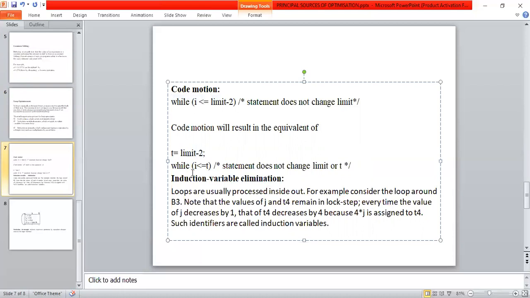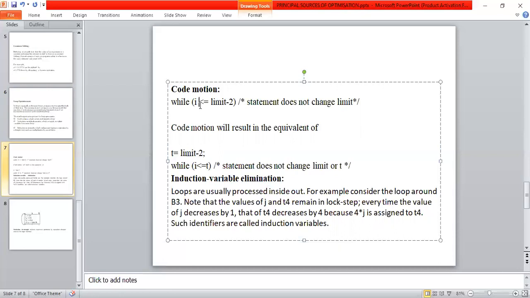then store it into a variable called t. Then here, while i is less than or equal to t, this statement is going to execute n number of times, and the earlier statement executes n plus 1 times, because every time it should subtract 2 from limit and check with i. Because of that, it takes a lot of time to execute that code. If I write the code like this, it directly compares the i value with t, so only the i value is changing.